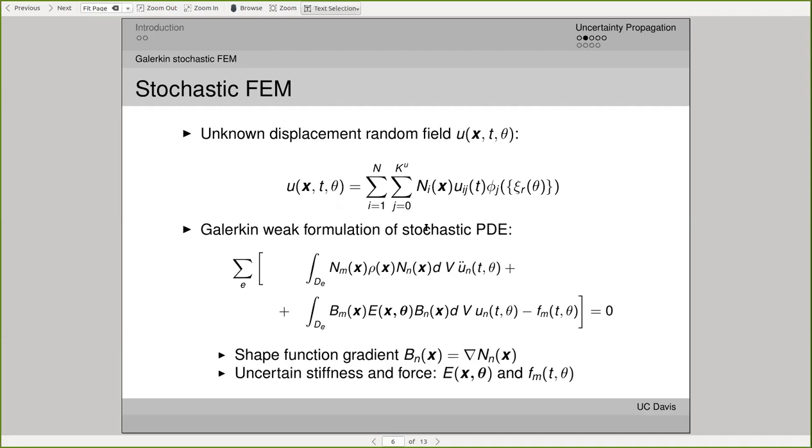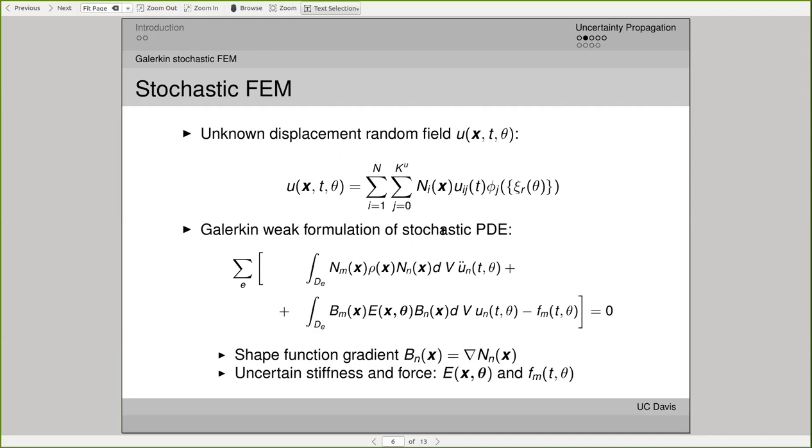If you think about it, you remember for finite elements we have nodes, and let's say you have two nodes. Between those two nodes, we assume shape functions. So if we know displacements, or whatever the degree of freedom is, at this node and this node, we can find anything in between because of shape functions. Now our nodes have been expanded into probability space. So our node is not just one deterministic displacement. It's a whole series of displacements in probability space. And then we can also find all the uncertain displacements in between by looking at the uncertain displacements at nodes and using the same interpolation functions for all the probability spaces in between.